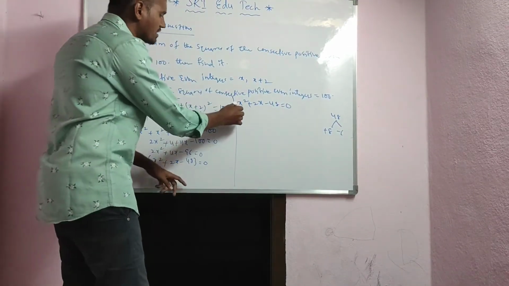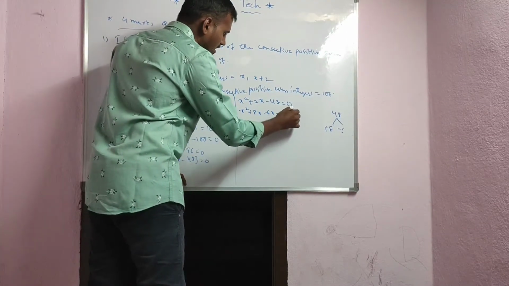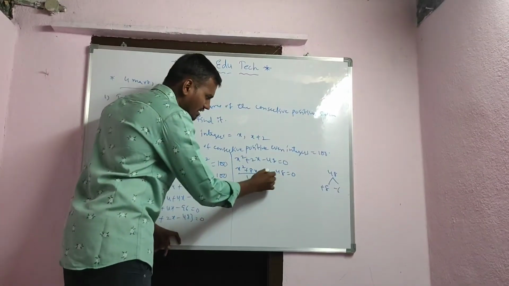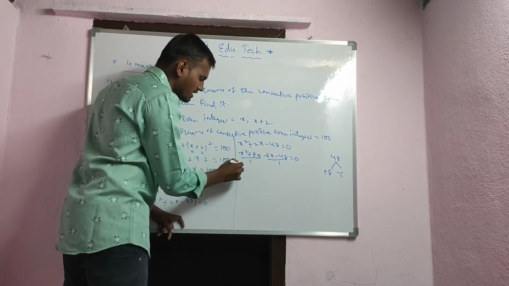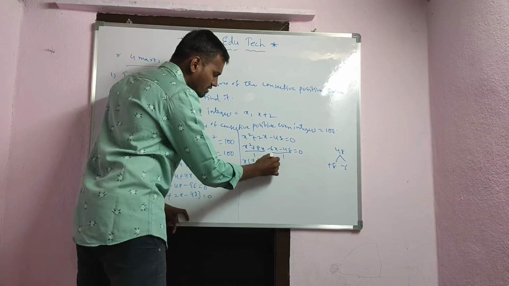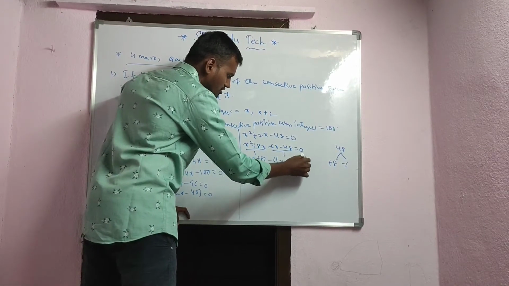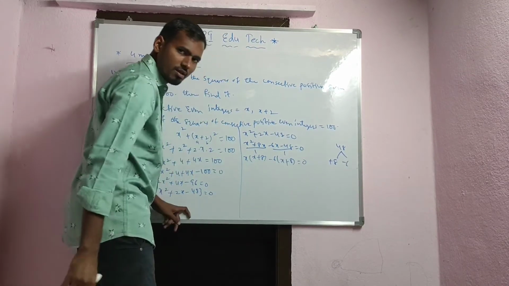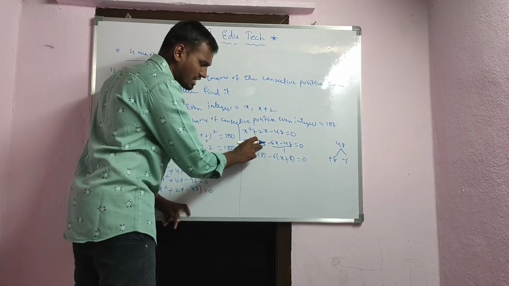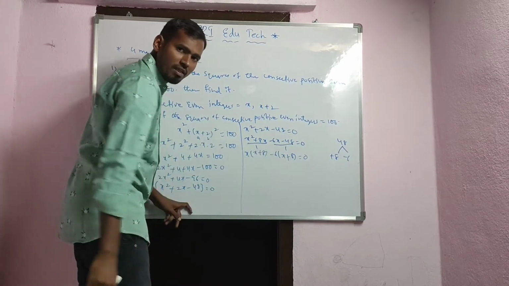So x square plus 8x minus 6x minus 48 is equal to 0. These are one term and these are one term. From this term taking x common, x plus 8, and from this term taking 6 common, x plus 8, so x minus 6 into x plus 8 is equal to 0. Multiply here: x into x square, x into 8x, 6 into x is 6x, plus into minus is minus, 6 into 48.